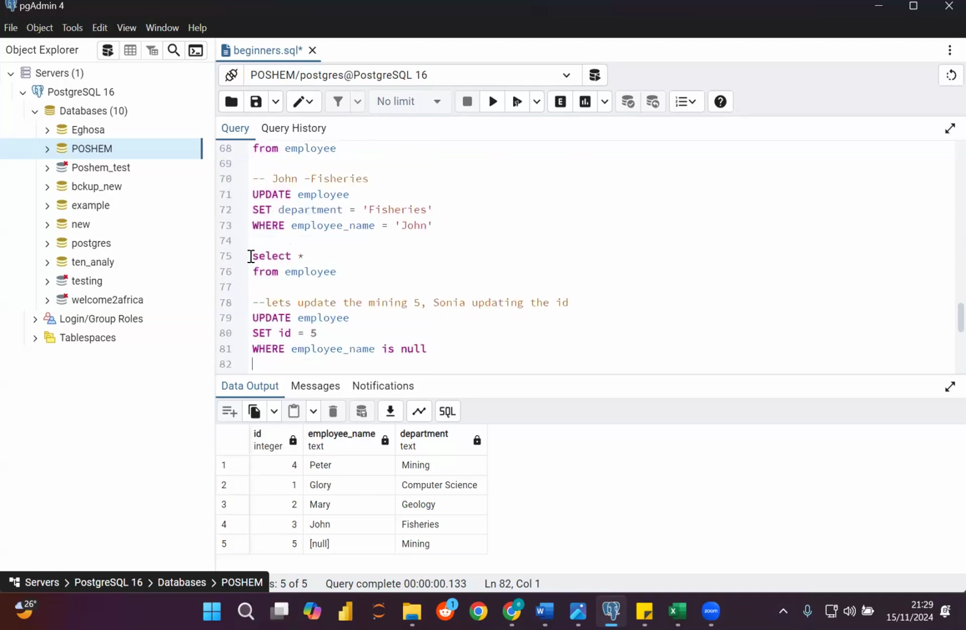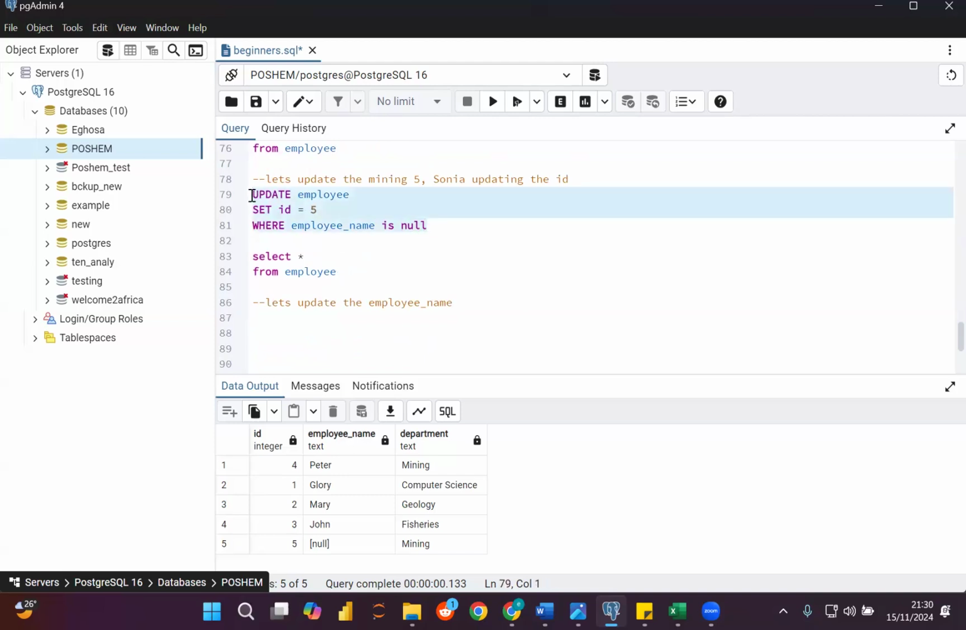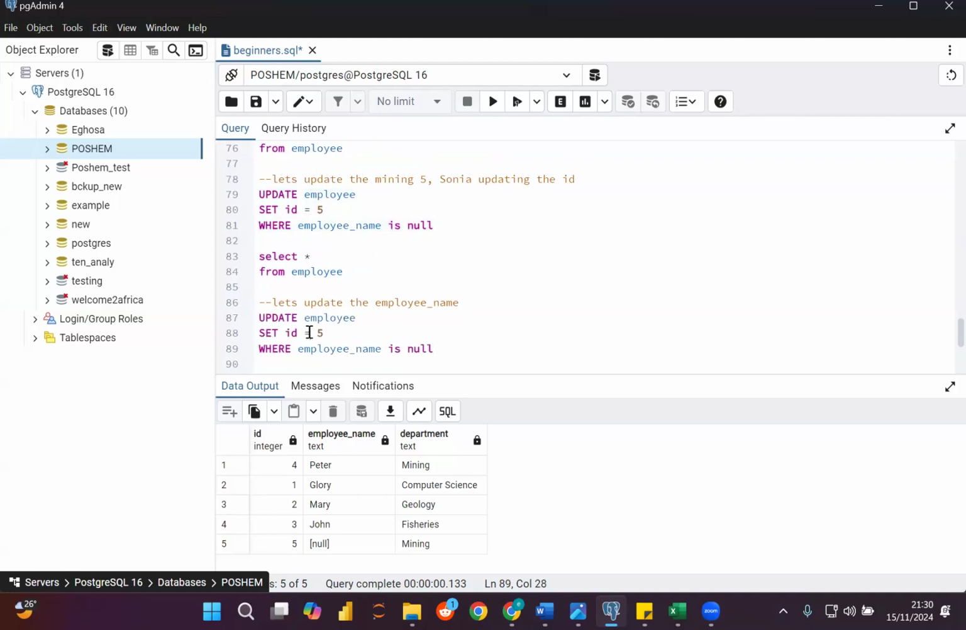So I wanted to do the next one, which is update the employee name for Sonia. So I'm just going to copy and paste. So update employee, set what? Set employee name. I'm just going to copy and paste here. Set employee name equals to Sonia,